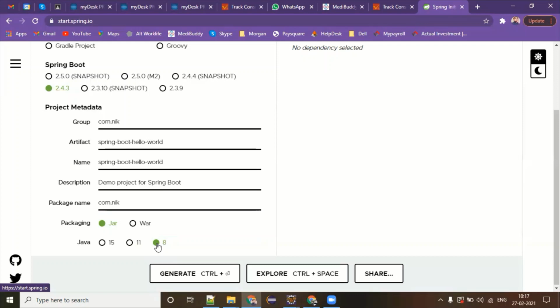Spring Boot is supporting a minimum version of Java 8. You cannot run Spring Boot on a version lower than Java 8. Okay, so after that you also have some set of configuration if you want.